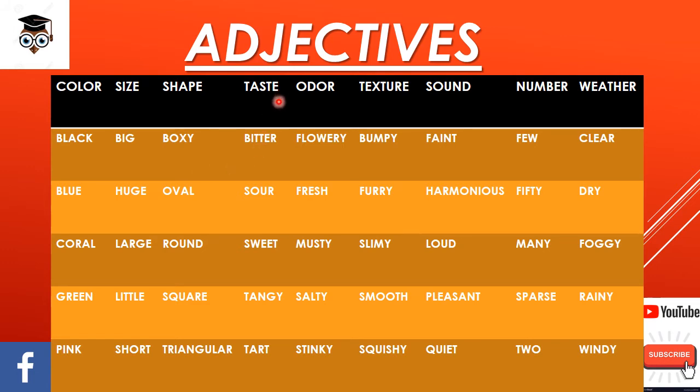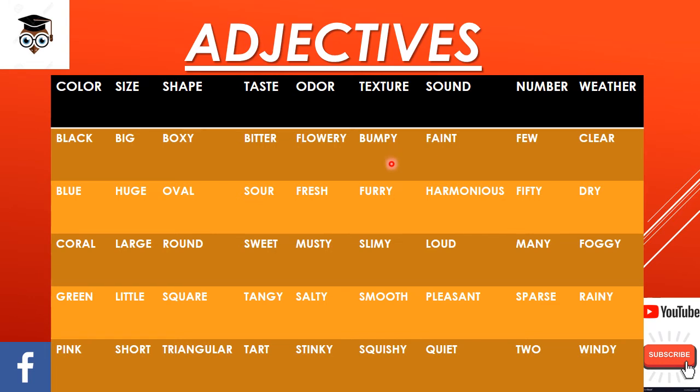Taste. Whenever you taste food or something which is bitter, sour, sweet, tangy, or tart, that is the flavor of it. Odor. It can be flowery. You normally use perfumes to smell very good. So that smell, that odor, is fresh, misty, salty, or it can also be stinky.